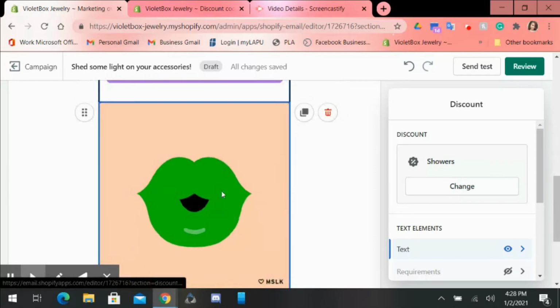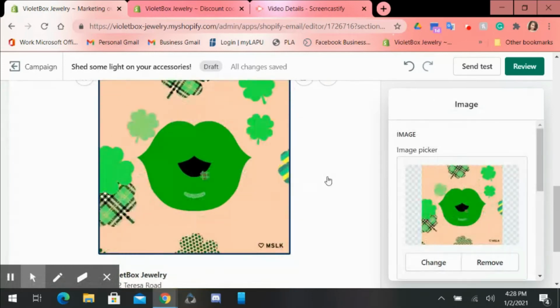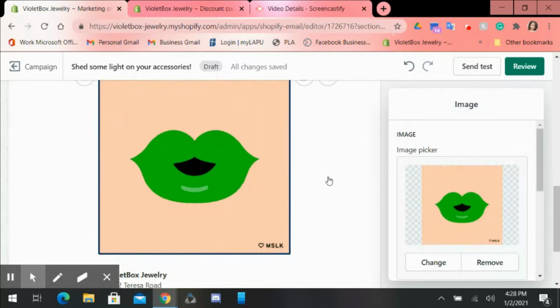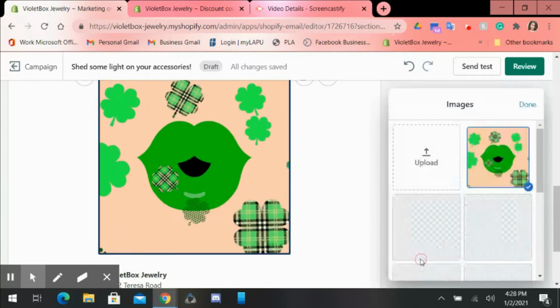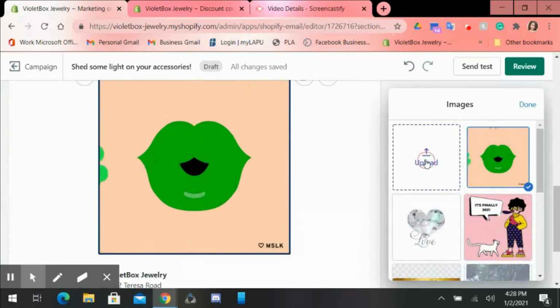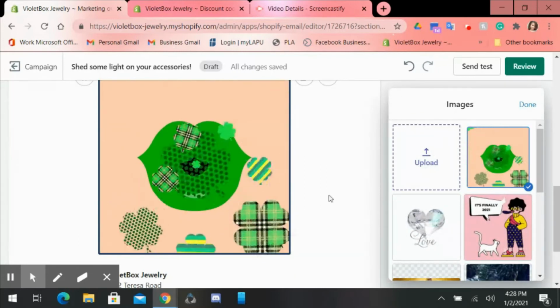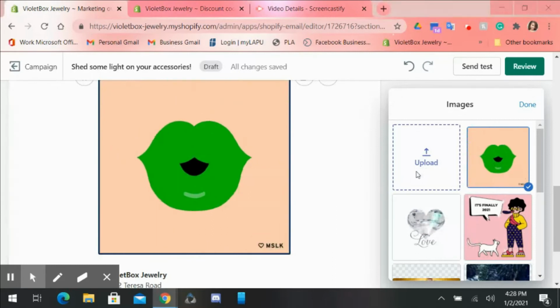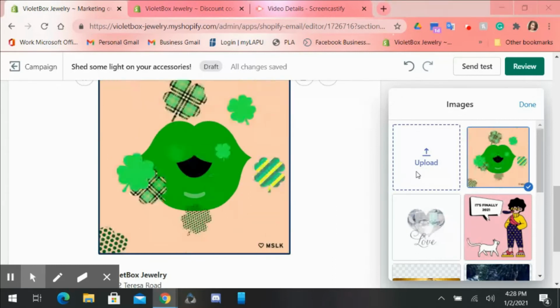And then down in this little box right here, what I like to do is I want to choose an image. So I'm going to click change, and I'm actually going to choose an image that I took of my jewelry I'm super proud of. So we're going to share that bad boy, and we're going to upload it from the computer. So you click upload,